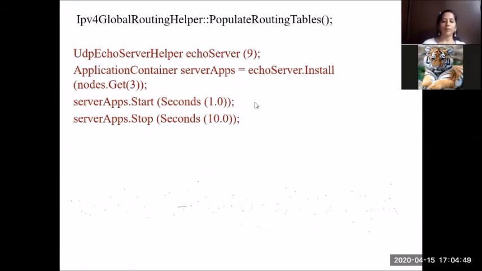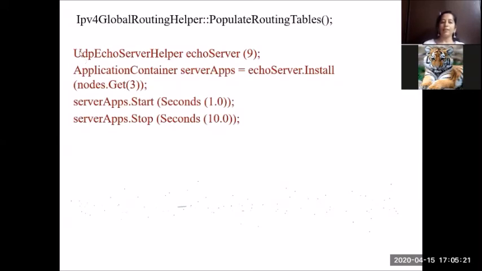Next, we will start with the applications. We have this echo application. What is an echo application? Echo application means you send one packet from client to server. The server will reply back with another packet. So that is echo. It will echo back the same packet. It's like when you talk, you receive an echo. It's the same thing. You send a packet, you receive back that packet. That's called an echo application. So we are going to run that application here.